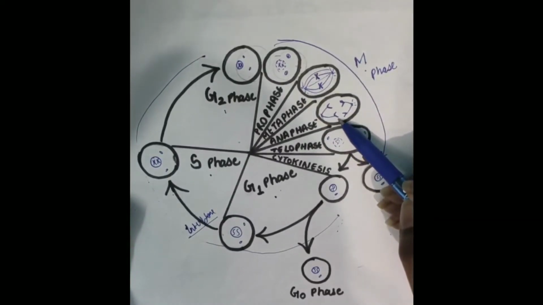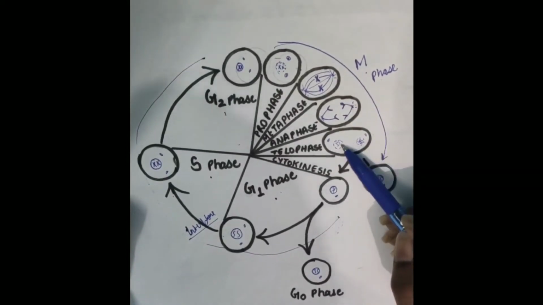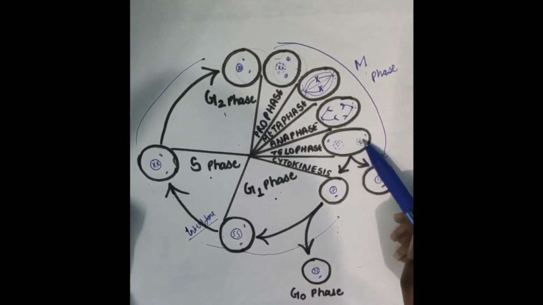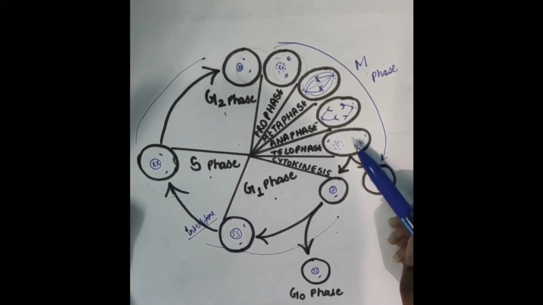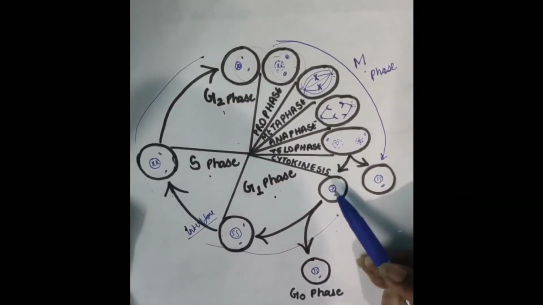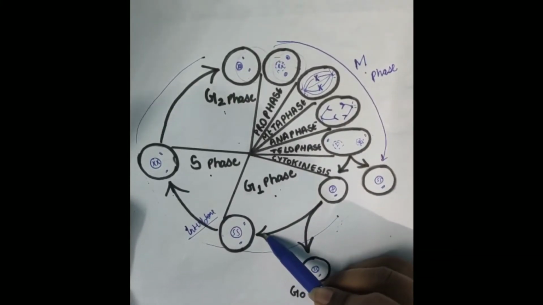In the case of anaphase, the sister chromatids are going to be divided and move towards the opposite poles. In telophase, the two nuclei formation completely takes place. The nuclear membrane or the nucleus apparatus starts appearing, and at the end of cytokinesis, the cell divides into two daughter cells. Now that cell again moves towards the G1 phase to continue its cell cycle,